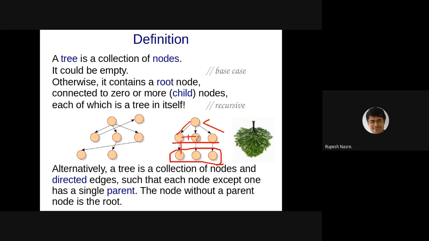So these are directed edges such that each node except one has a single parent, right? The node without a parent node is the root, right? So this is a little loose definition. This is not the proper definition, because we also need to worry about the connectivity, right? But I think that will get guaranteed because only one node is root. Okay, so I think this should be okay. So this collection of nodes where each node except the root has a single parent, that seems to be an